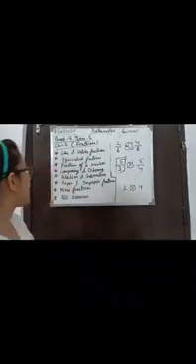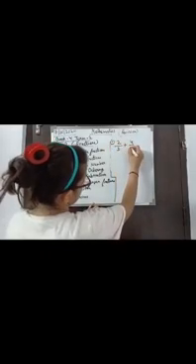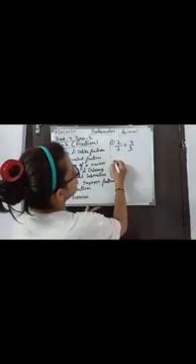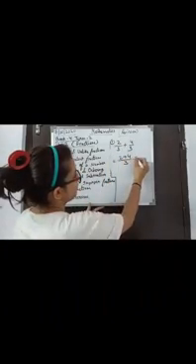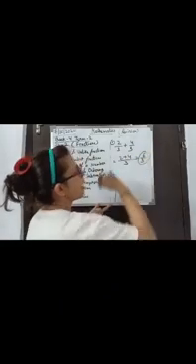Okay. Now next is addition and subtraction of fractions, that is how to add and subtract fractions. We will take one example for each. First addition, like 2 by 3 plus 4 by 3. Now we have to add these fractions. As you can see, denominators are same here. So we will write the denominator as it is, and then we will add the numerators only. 2 plus 4. So 2 plus 4 is what? 6. So write here 6, and 6 by 3 is our answer.